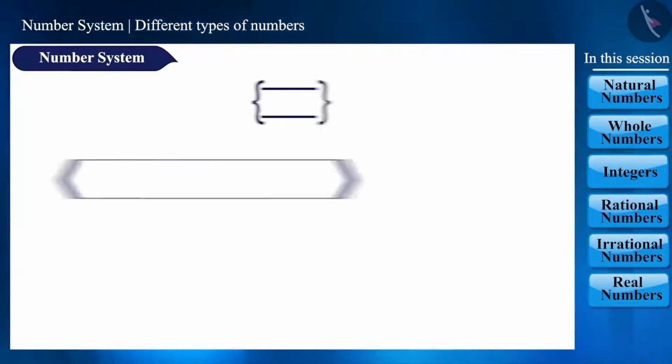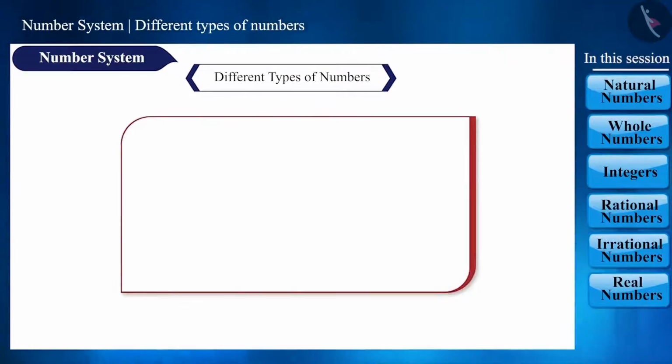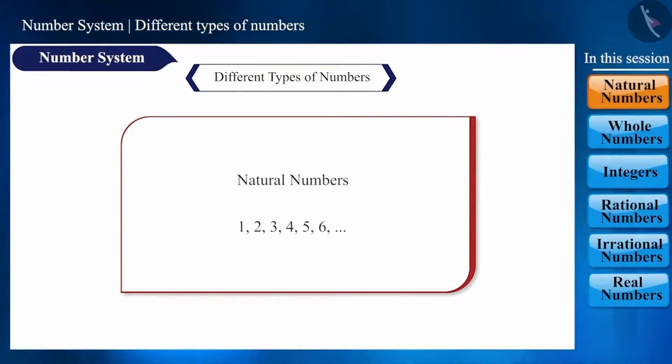We have studied numbers and their different types in our previous classes. Let's take some time and revise them once again. Let's start with natural numbers. These are the numbers that come to mind as soon as the term number is mentioned, such as 1, 2, 3, 4, 5, 6, etc. We refer to it with the symbol N.